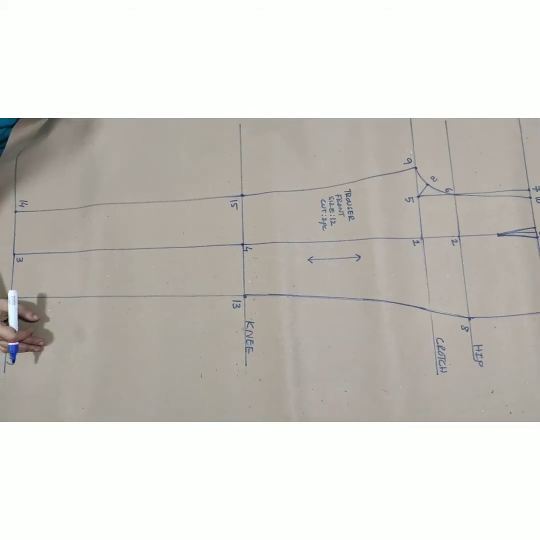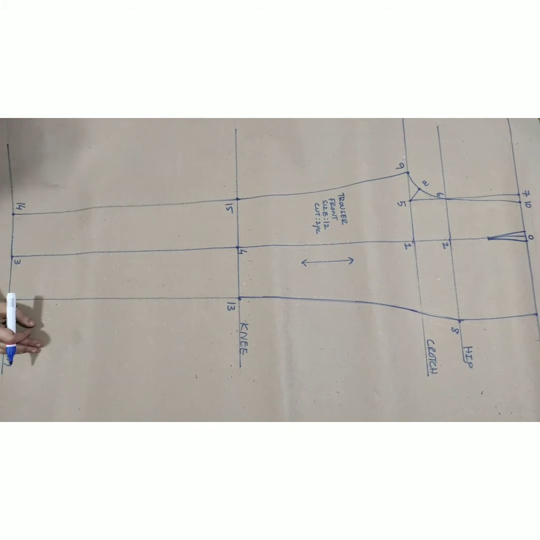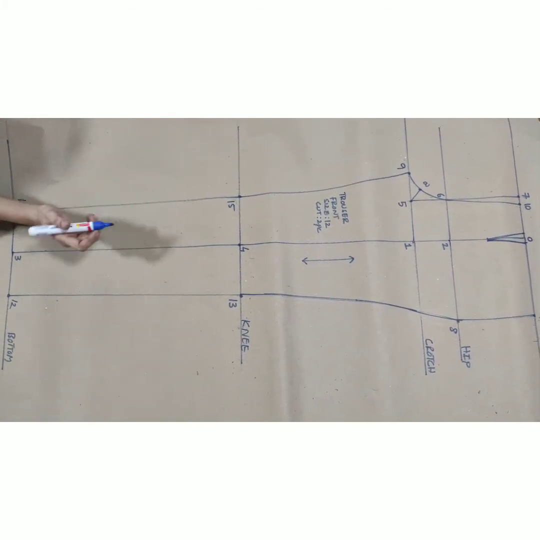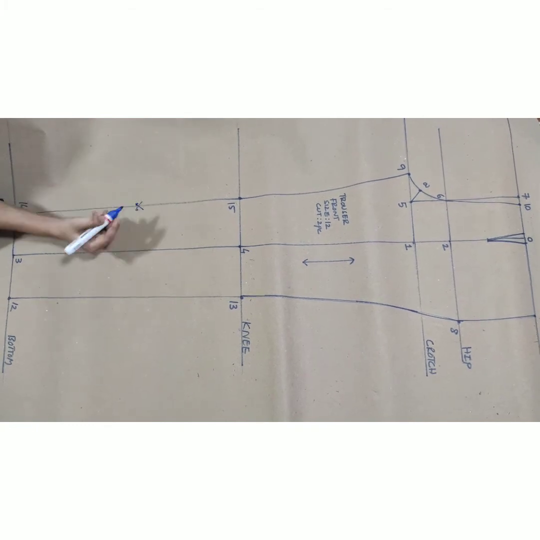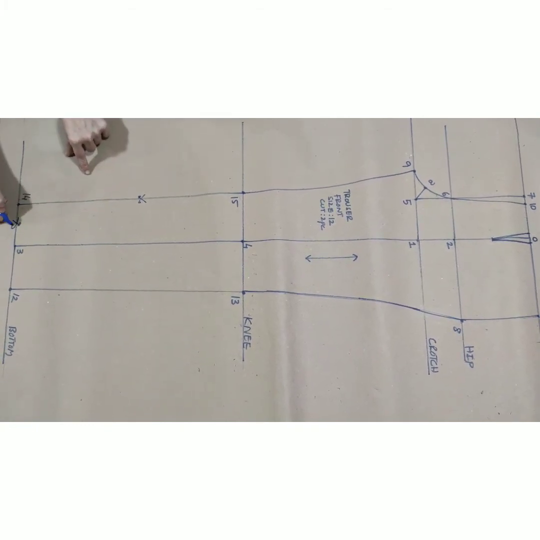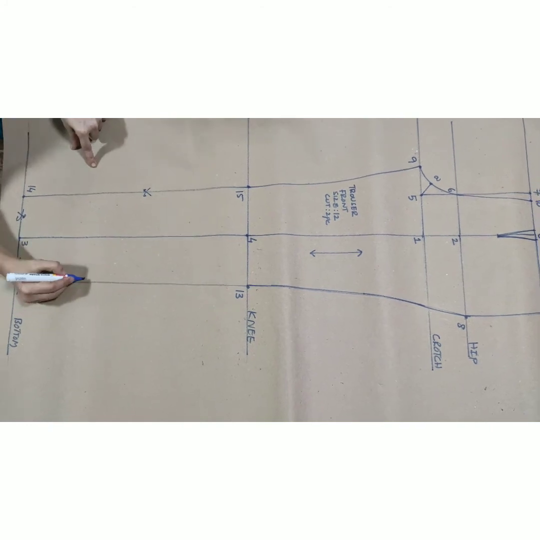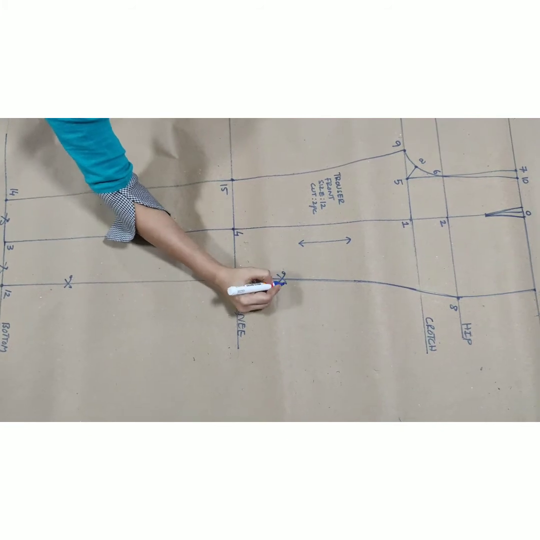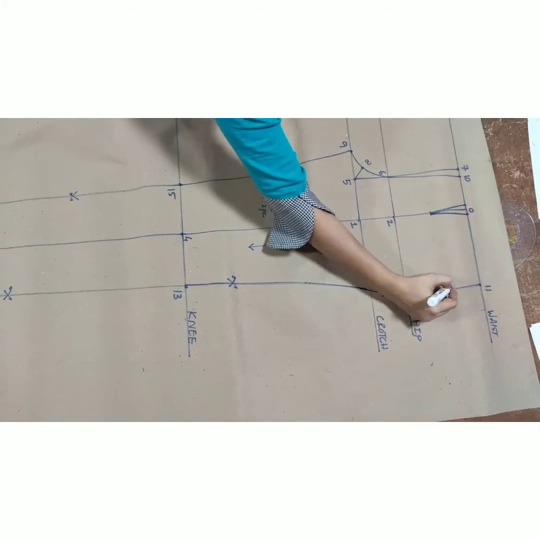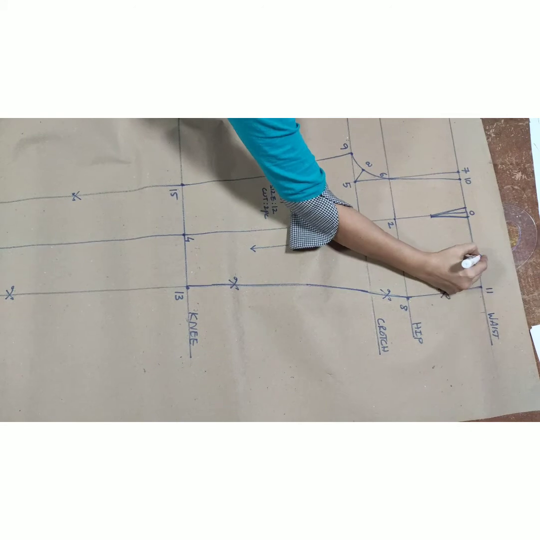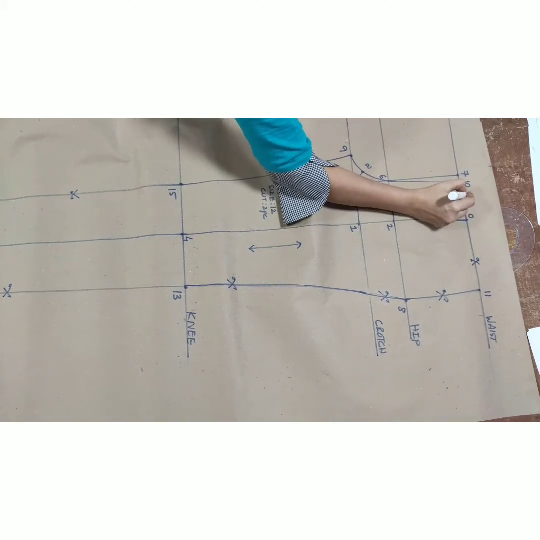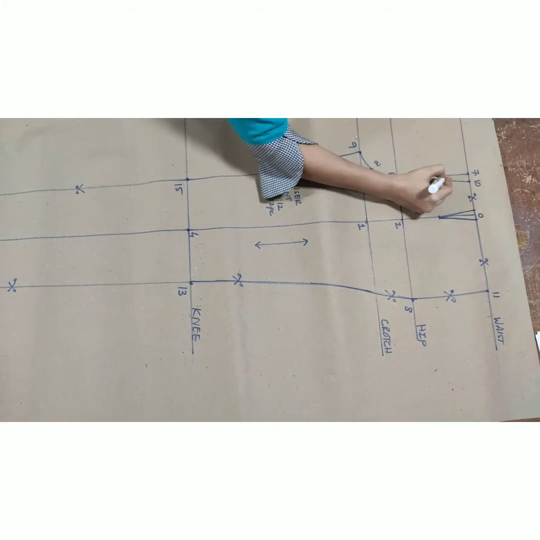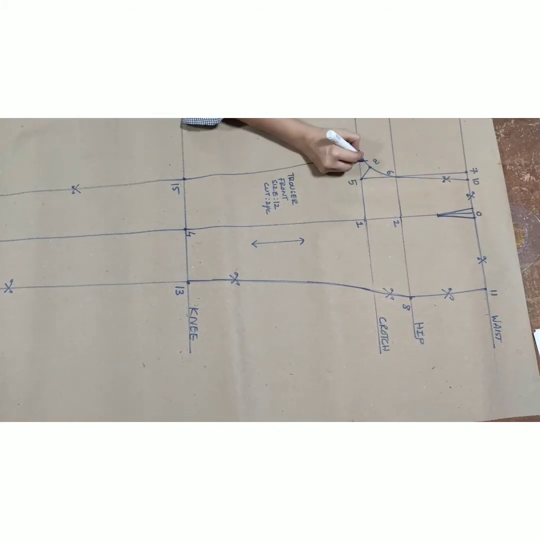Now you will be drafting trouser back part. So to draft trouser back part, you will be cutting and separating trouser front along these lines. Cut here, you will be cutting here along the outseam. Along the crotch line, point number 10, 6, A and 9 will be